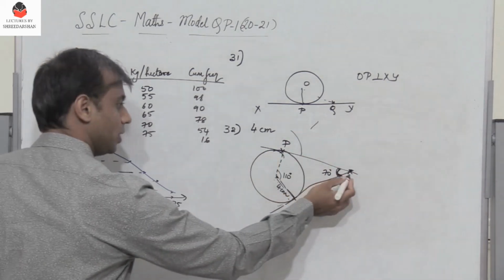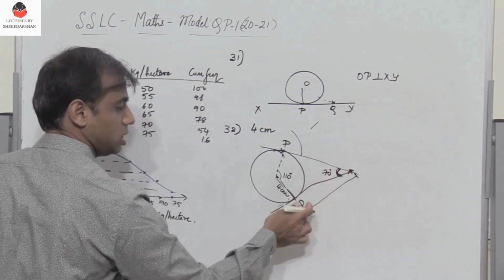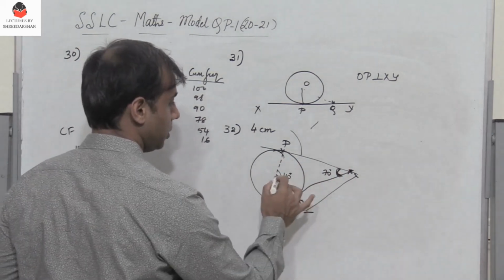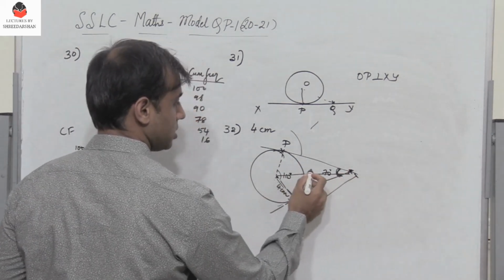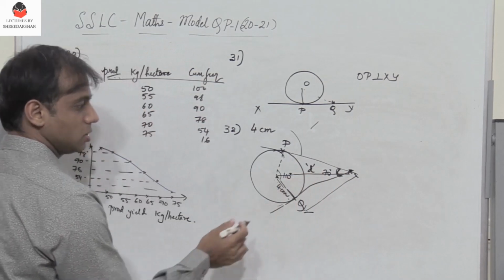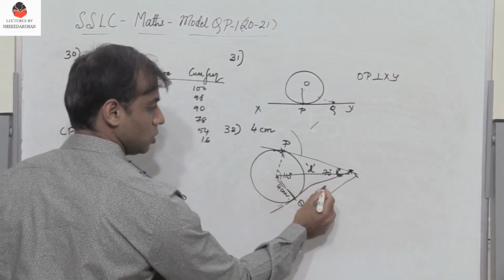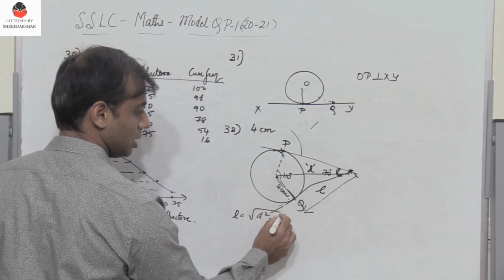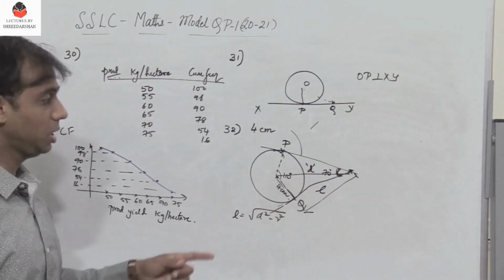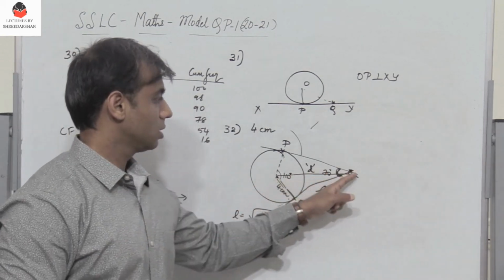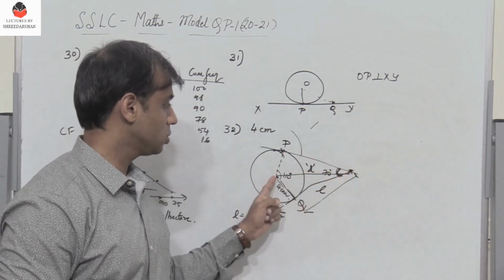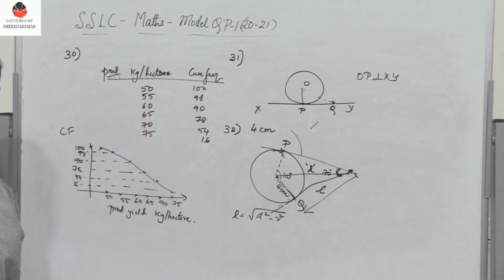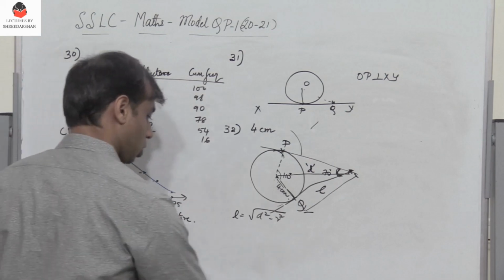And now we also need to find this distance. You can actually measure this distance using your scale, or if they ask you to calculate using the formula, so this represents, say, the distance D. So we know that this is a right angle triangle. So if this is L, we know that L is nothing but root of D square minus R square. So remember, D is not the diameter but the length from the point of intersection of these two tangents to the center of the circle. So make sure that you draw the construction correctly. So we'll move on to the next problem.